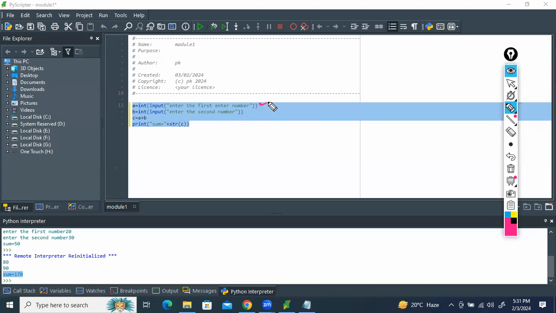This is my first line. What are we giving the instruction in the first line? This is called an instruction. In the first line, we are giving the instruction to get the input from the user, the first number. That is my first instruction, right? Second instruction is